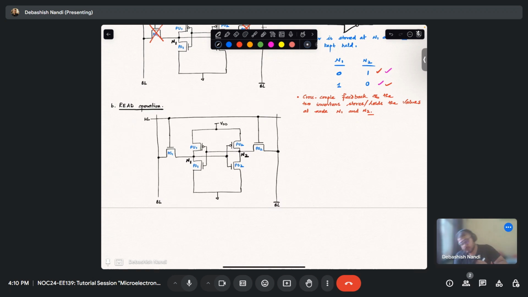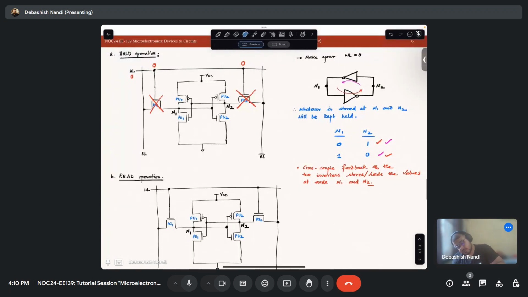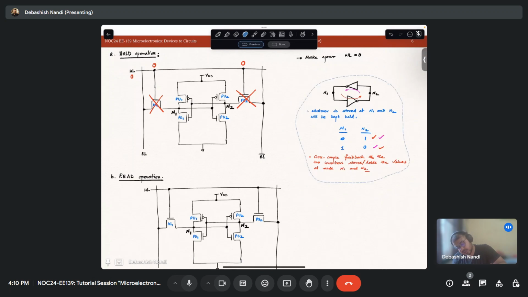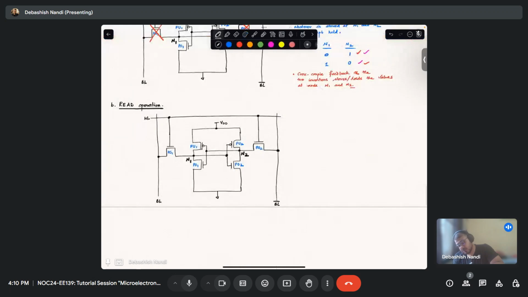Okay. So what are the steps? So why don't I make this a little bit smaller than, okay. So